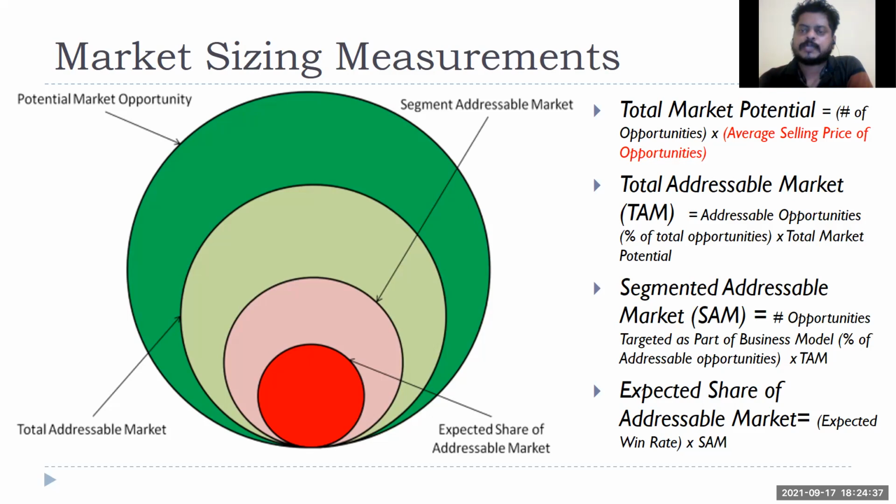Now, why did I do that calculation? To decide whether that volume is okay for me and whether I should invest in that market. Those decisions I'll make once I do this calculation. So these are the 4 important aspects. Out of that, at least remember the last 3, because most use cases will ask on these, since people take total market potential and addressable market as the same. If you can remember all 4, it is good and provides a structure, but at least remember the last 3: total addressable market, segmented addressable market, and expected share of addressable market. Any questions on this?